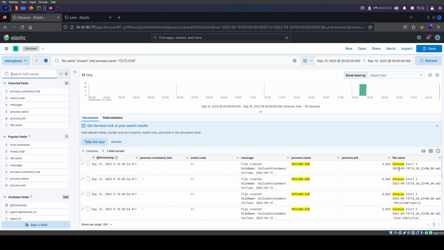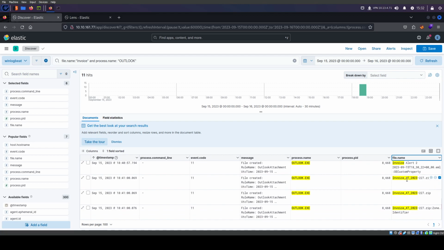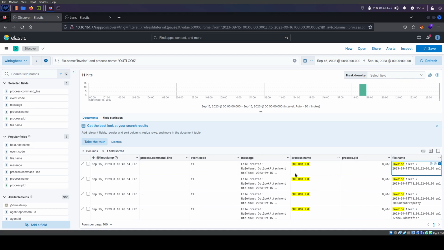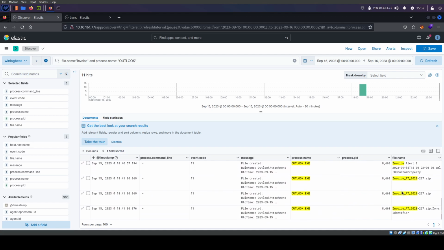There we go. So we have, can I move this? I was hoping I could move it. So we have some files here, and we definitely have an odd one. So this is from earliest. So this is the email that we saw earlier, right? And if we follow along,